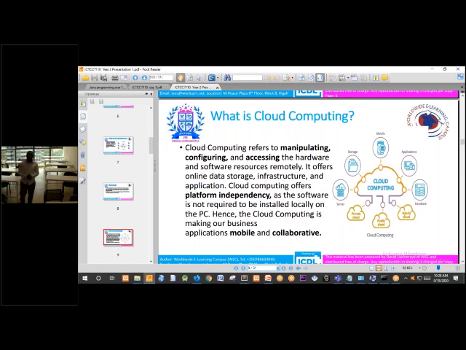And then we can access only those applications we need. To access these applications, we need simply a mobile device. So you understand that cloud computing is making our business applications mobile and collaborative.